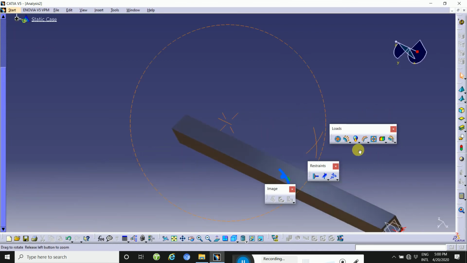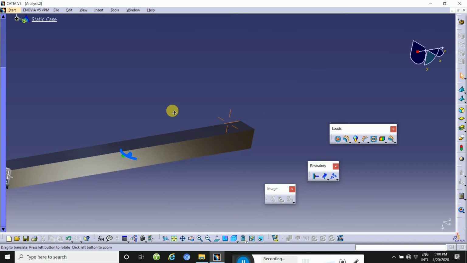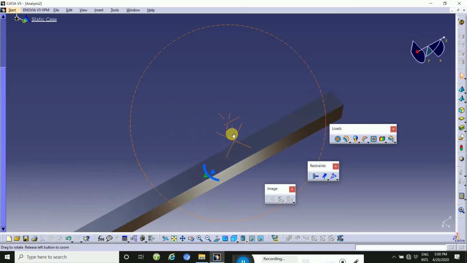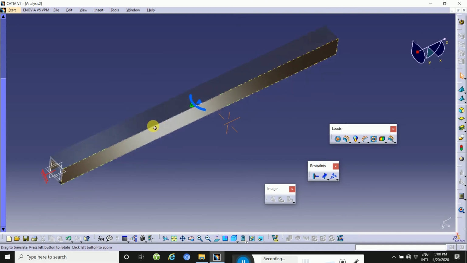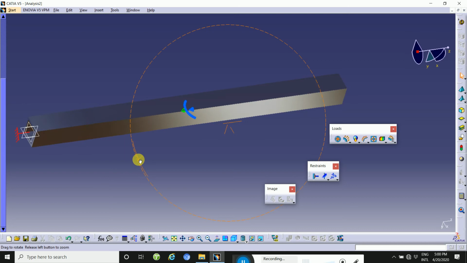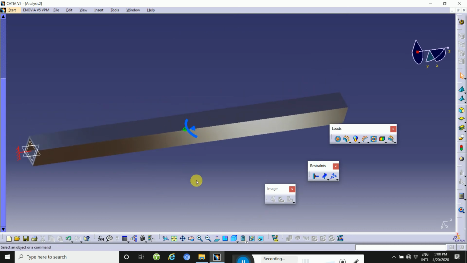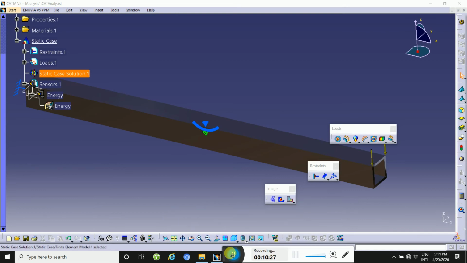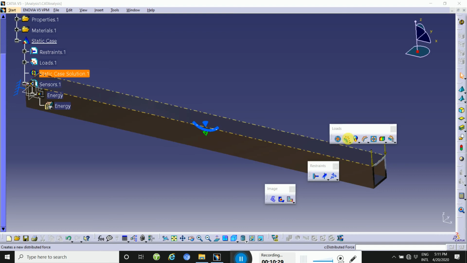Select the face, you can apply here. Then apply the load here and then Compute All.